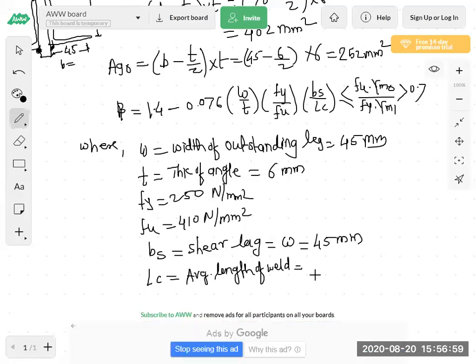Are you getting? So here we have calculated only L1 and L2. So here length of weld is equal to L1 plus L2 by 2. So how much have we calculated here? L1 is 45, L2 is